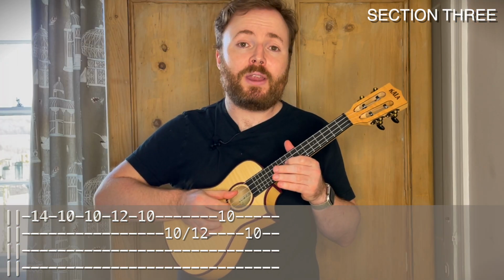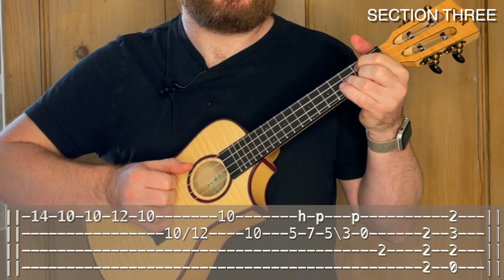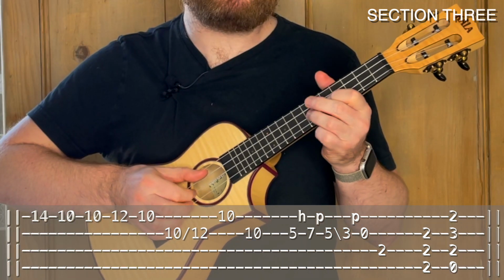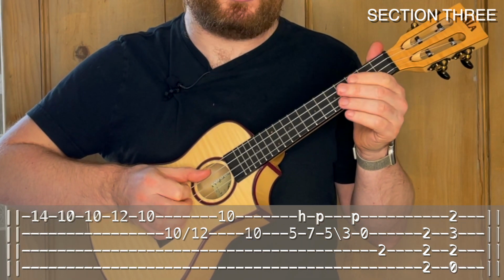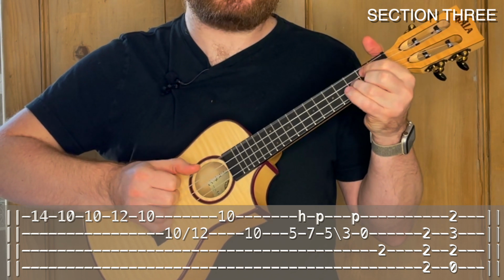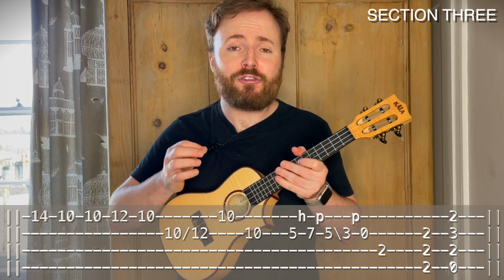And then here comes the difficult bit. Now the notes themselves are nice and easy, it's just all on the second string. 5, 7, 5, 3, open, and then second fret on the third string. B, G. But we're actually doing more hammer-ons and pull-offs, and this is quite a tricky run to play, because